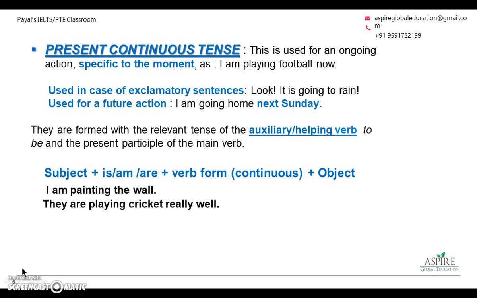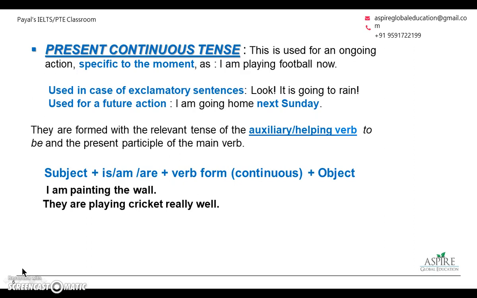This form of sentences, as I've told you before, is only used for informal conversations during speaking, not for writing. Then it can also be used for future action. I'm going home next Sunday, right? Now, with present continuous tense, we try to form this tense by taking the help of an auxiliary or helping